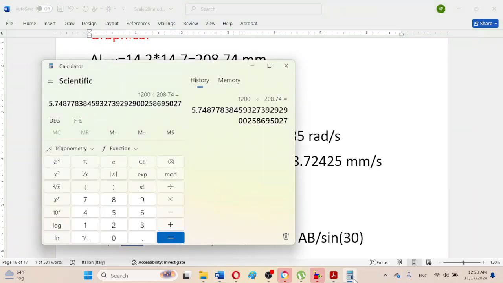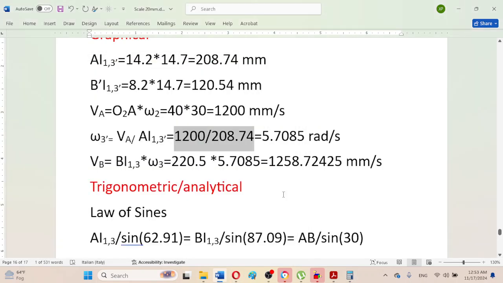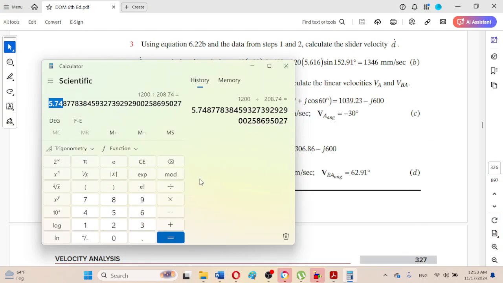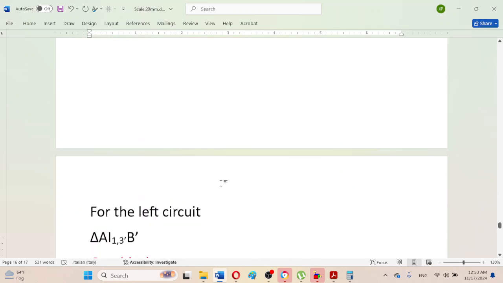So I can just copy it here, 5.74 for example, 5.74 radian. Magnitude is almost same, but we notice an important factor here, that in this case